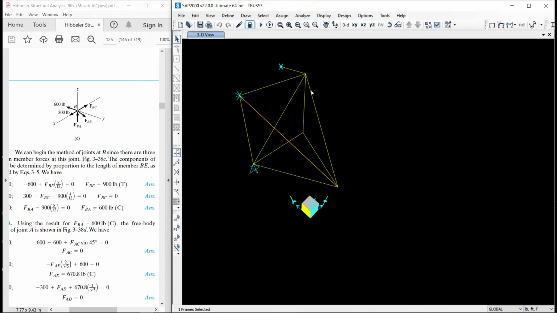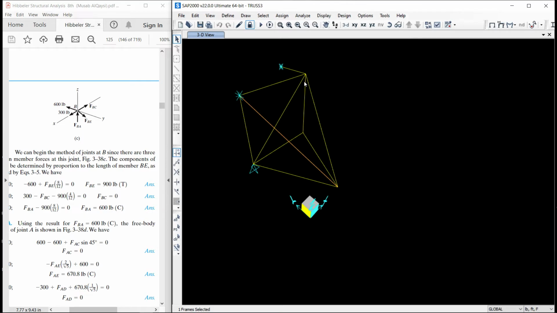You should not be slave of the software. What does it mean? The main important thing is this software is being used as a tool only. This software is not intelligent. Intelligence is with you, with the engineer who is using this software. If this engineer is not intelligent, then he will give a garbage command and this software will give the garbage result, which is called GIGO, garbage in, garbage out.